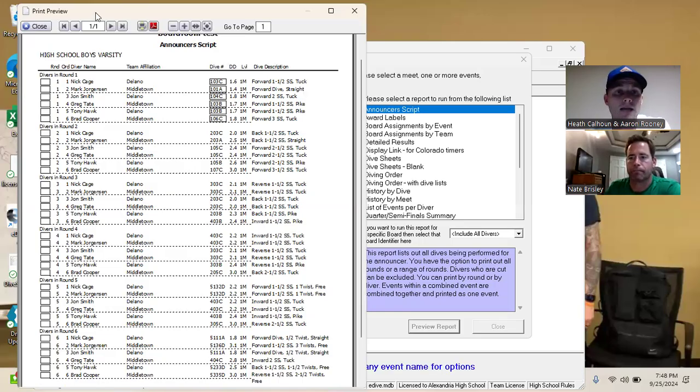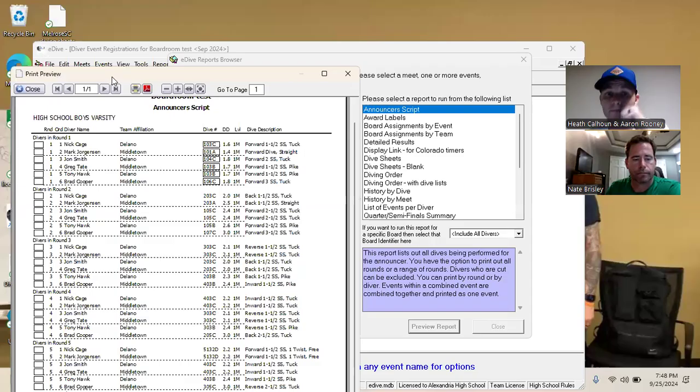So I like printing this for the officials. It really comes in handy for 11 dive meets as well. I mean, how many times have we been stuck in a judge's chair for maybe a 2-hour session and our eyes are starting to get a little heavy, and all of a sudden you see a back dive and you're not sure if it was Tuck or Pike, and you're not sure what you heard. Well, having this sheet readily available to the officials, it's super nice and handy,